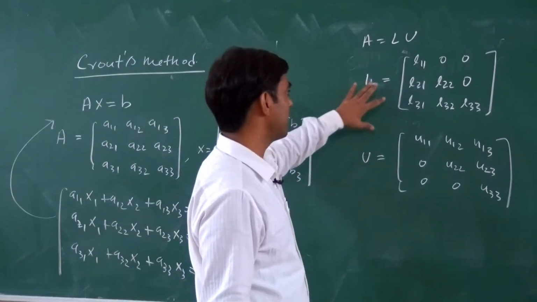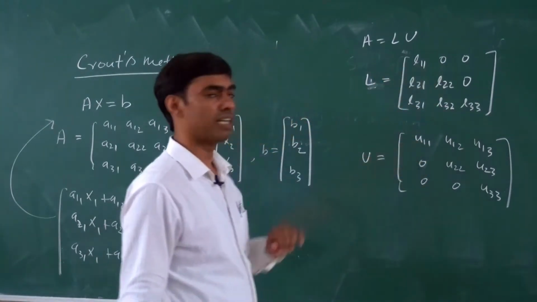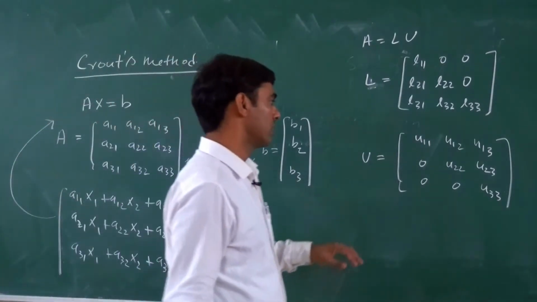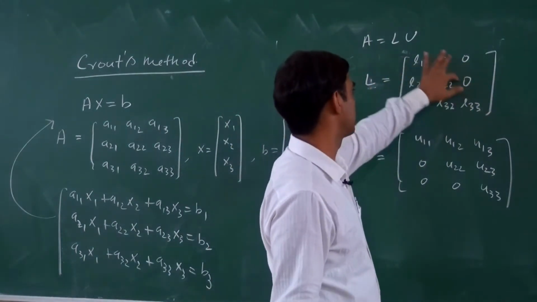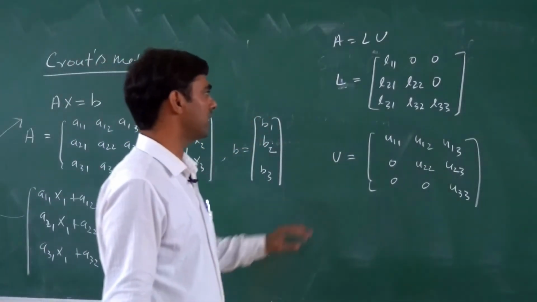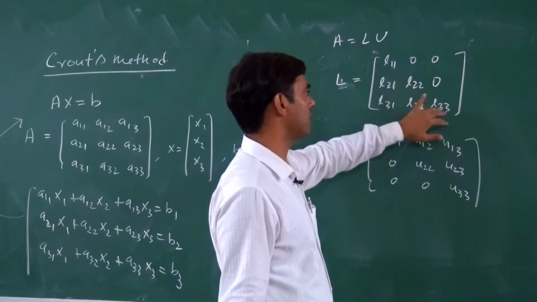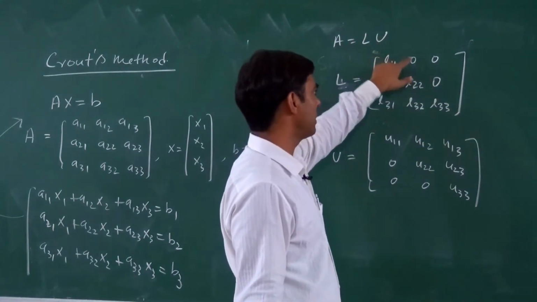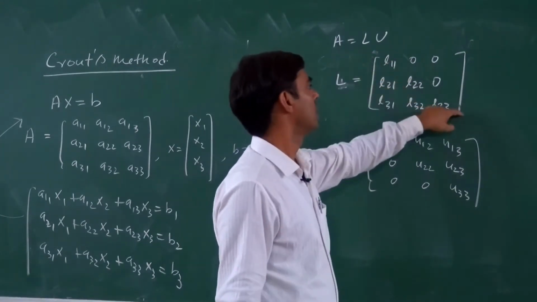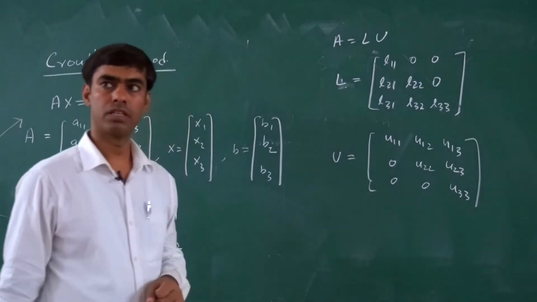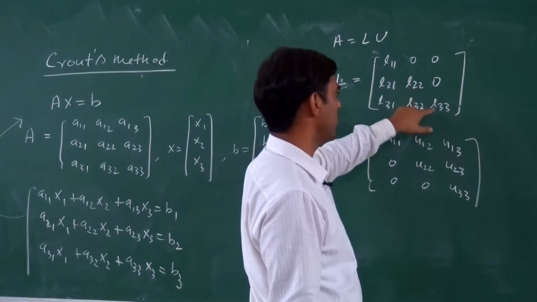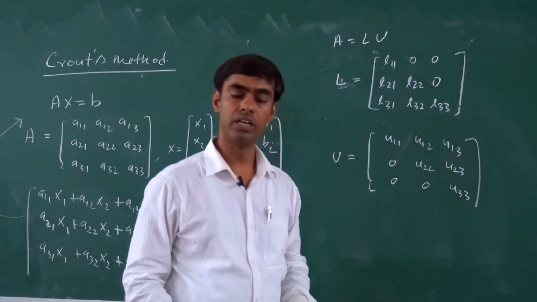But here we try to find the values of the lower triangular matrix and the upper triangular matrix. So how do we find them? You cannot write the diagonal matrix, since both are unknown in both cases. So in the Doolittle method, we assume that the diagonal elements of the lower triangular matrix are equal to 1. So L11 is 1, L22 is 1, L33 is 1 in the case of the Doolittle method.